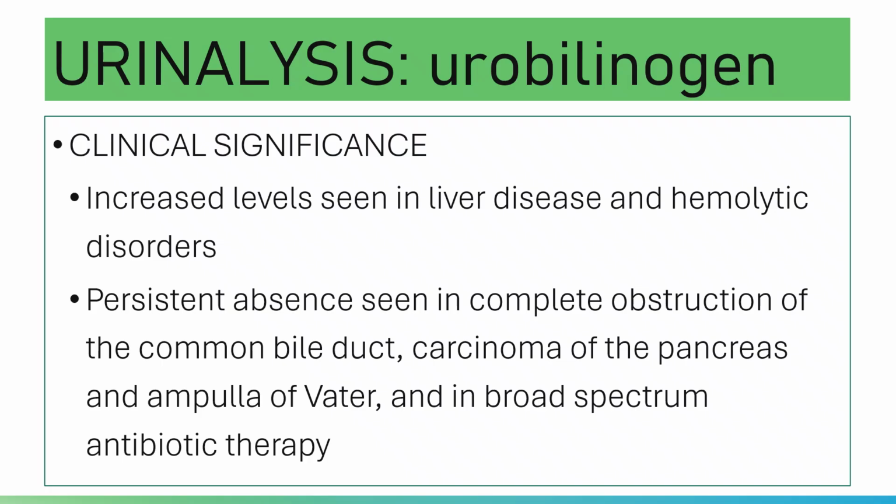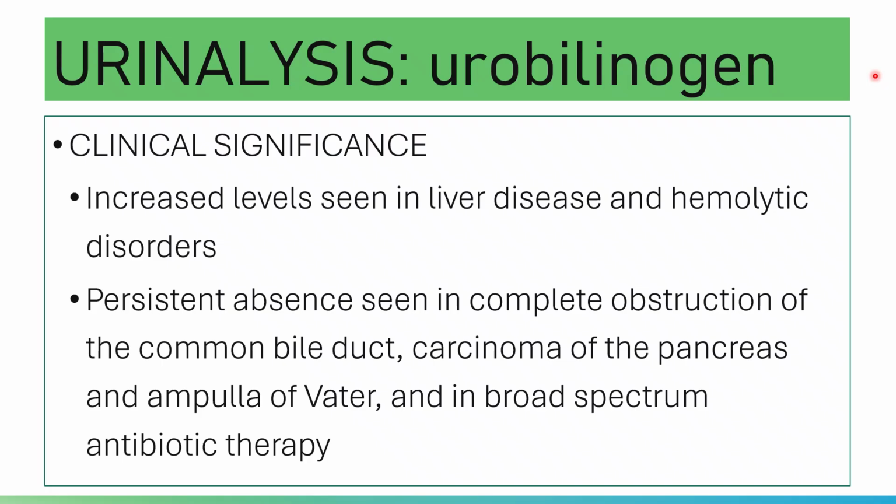Anyway, whenever the liver is not able to remove reabsorbed urobilinogen from the portal circulation, there is increased urobilinogen that is delivered to the kidneys. And please note your urobilinogen is water soluble. If there is more urobilinogen delivered to the kidneys, it is then filtered out in the glomerulus and excreted into the urine.